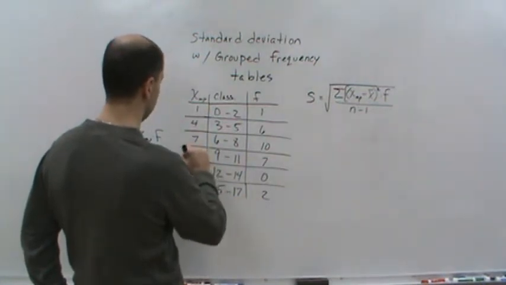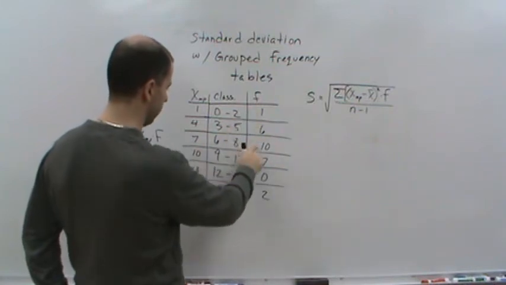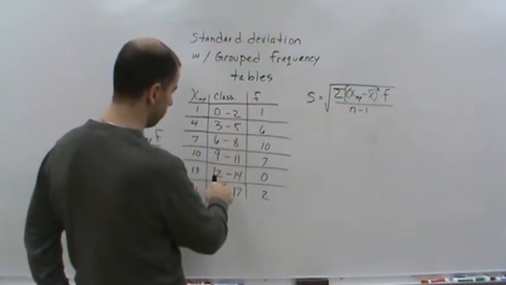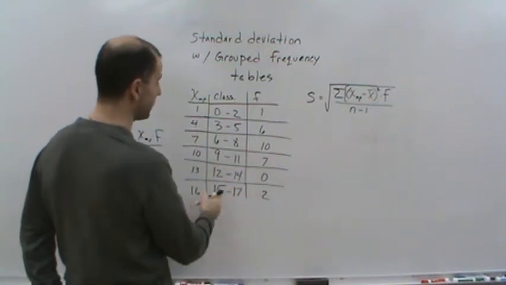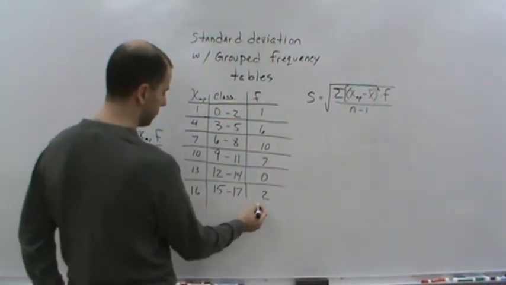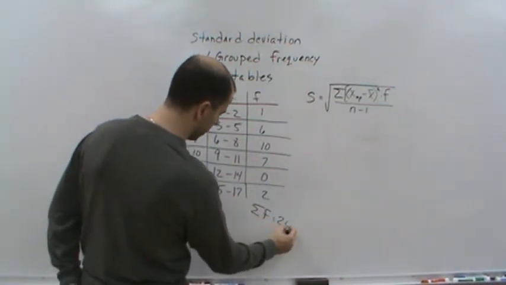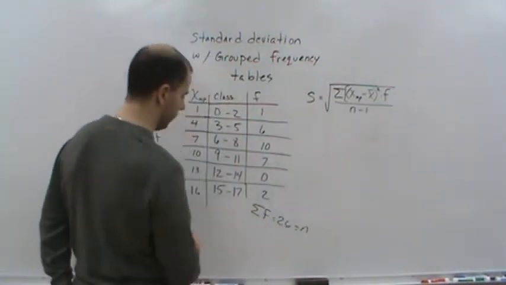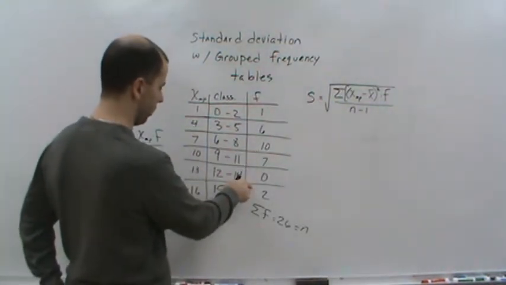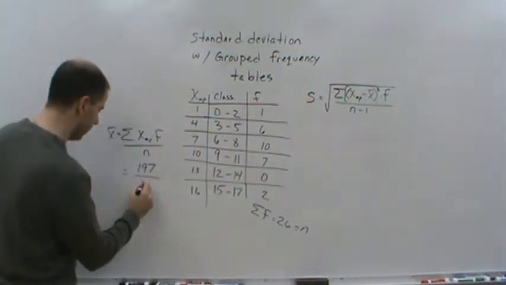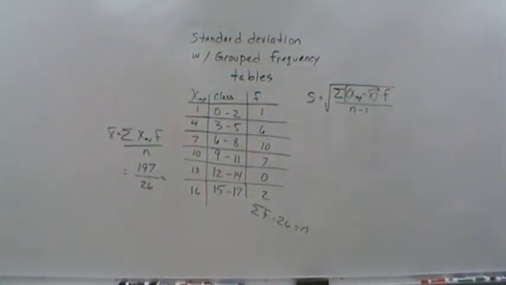Hold on, that's different. So this is going to be 17, 24, 25, 26. So the frequencies add up to 26. So the sum of the frequencies equals 26. That's our n, our sample size. So just let me do that again: 17, 24, 26. So we're going to divide by 26, and so our mean